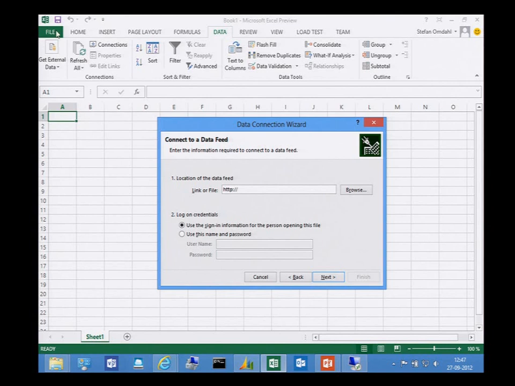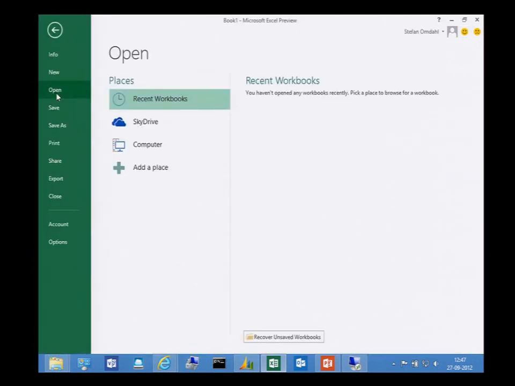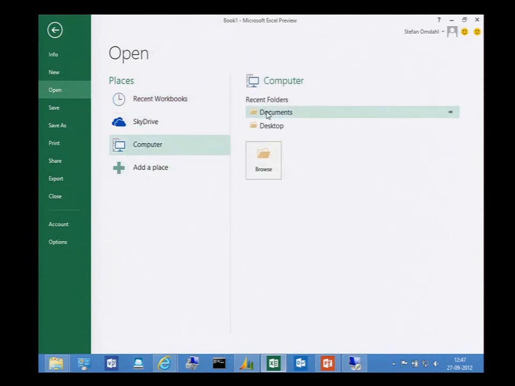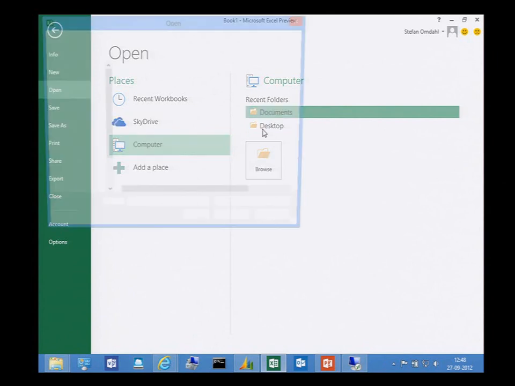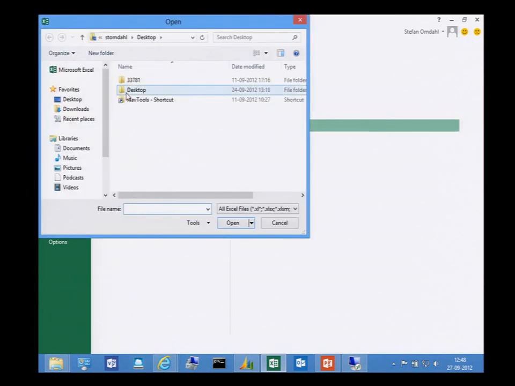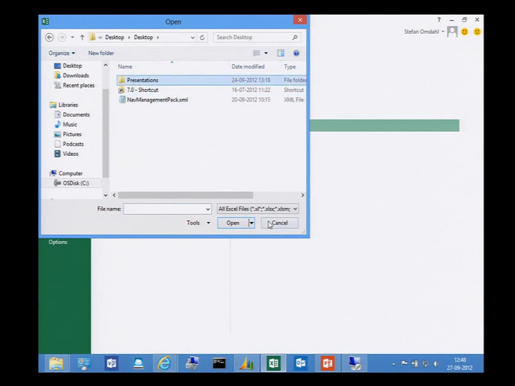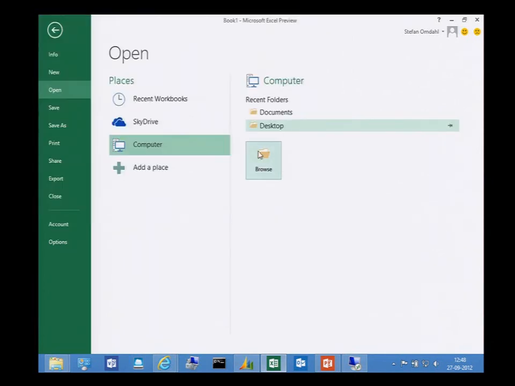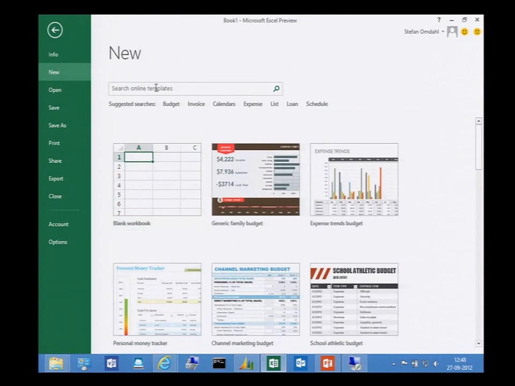Or maybe even better, could be having a document with it stored already. Nope. Okay, I'll create a new one.